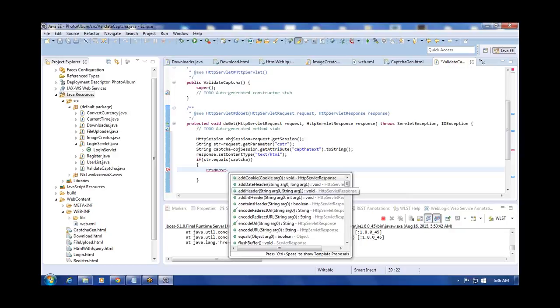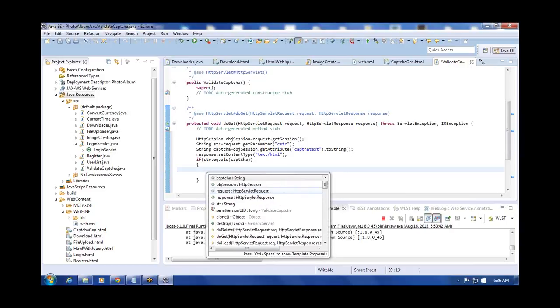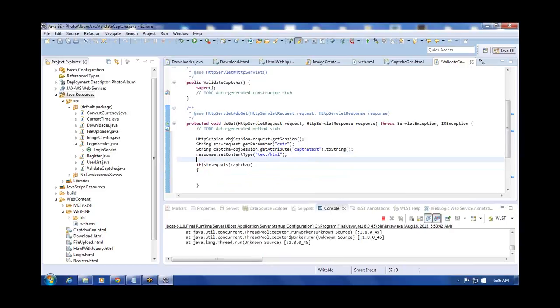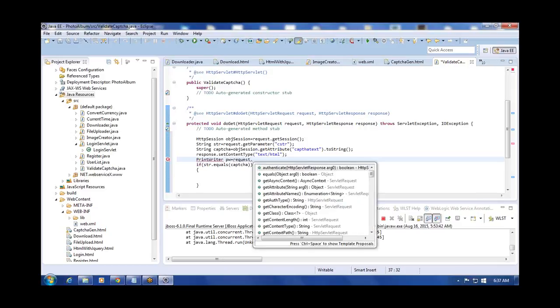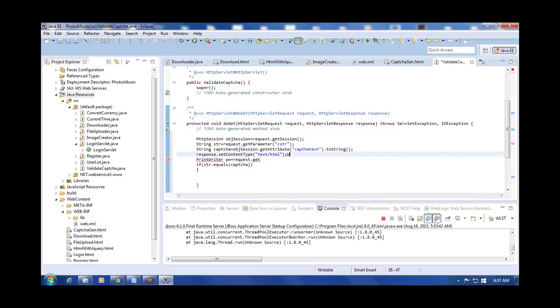We write here response dot. It's not response. We use here print writer first of all. Print writer we need to use here. pw equal to... sorry, not request. This is response dot